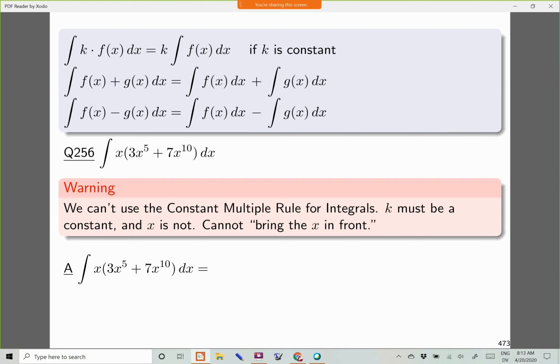So we're going to have to do something else instead to the problem, but we don't have any way to deal with the integral of a product. There is a way to undo the product rule, but we haven't talked about it. It's not quite what you think it is, and we're not going to cover it because, if we had an extra 3 weeks in the semester, we would talk about it, but it's not going to happen. So what we should do is distribute the x.